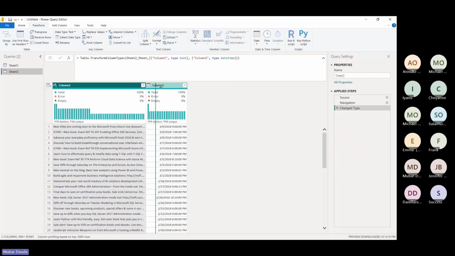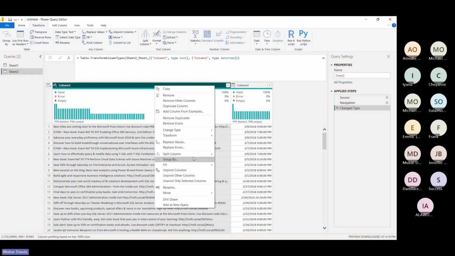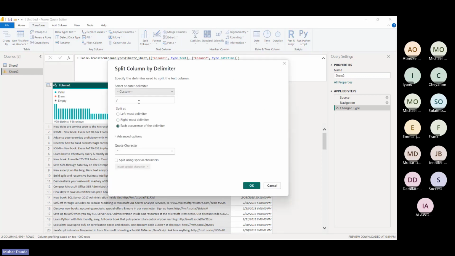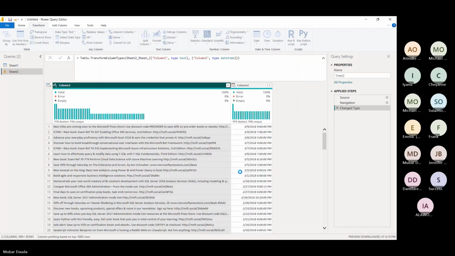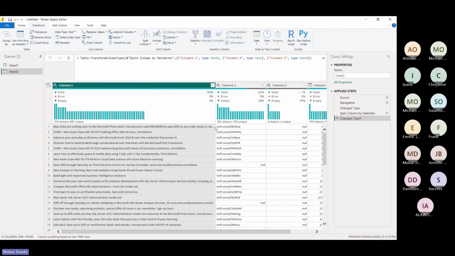So I have this column here that I want to work on. I want to extract the link out of this place, and I only do one thing here. So I want to extract the link. There are different link scenarios. There is www, there is HTTP, there are many things to handle. If you want to split, you already know how to split column by delimiter, and you can split it by your HTTP. So I'll say, you know what, custom, I'll split by HTTP slash. So when I do HTTP, you will see, okay, all these ones that have the column, they are